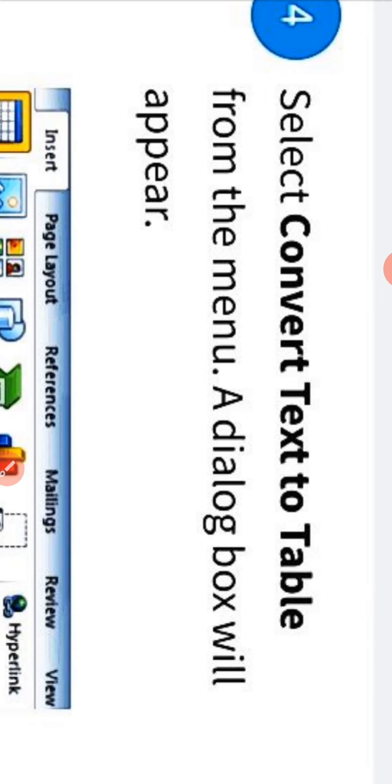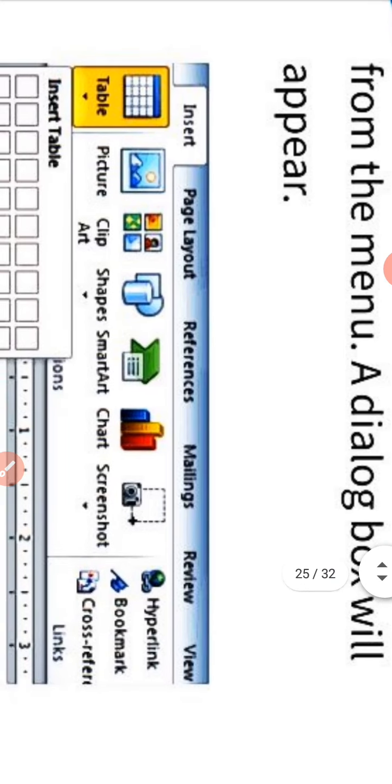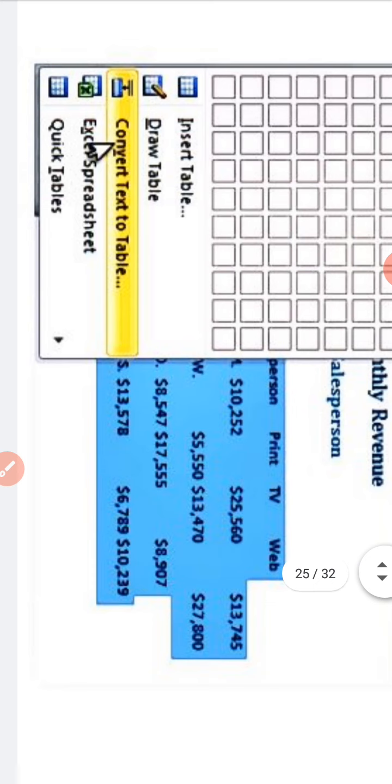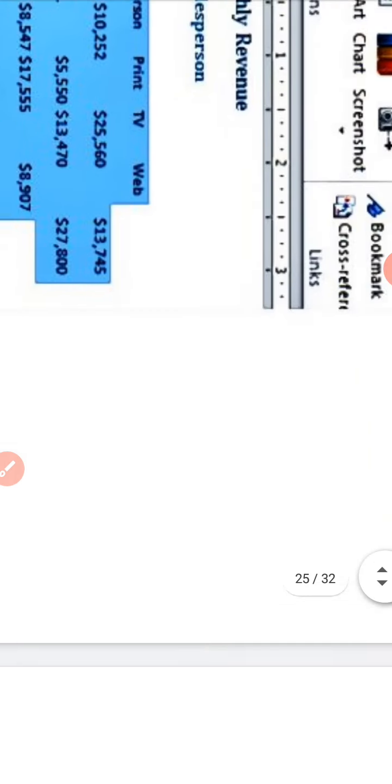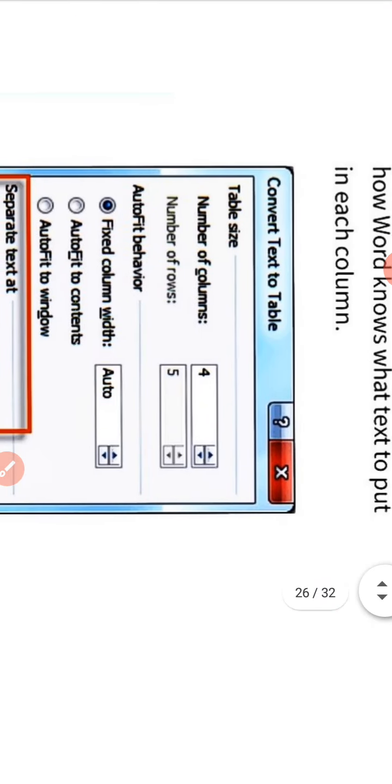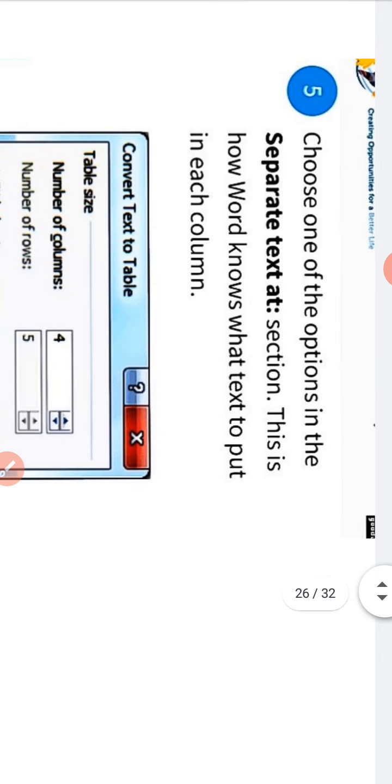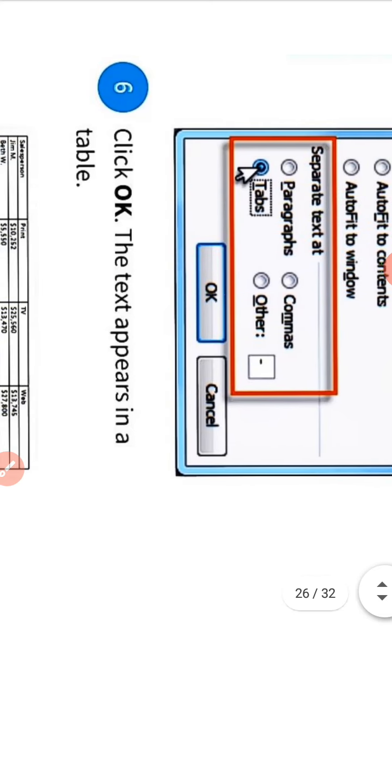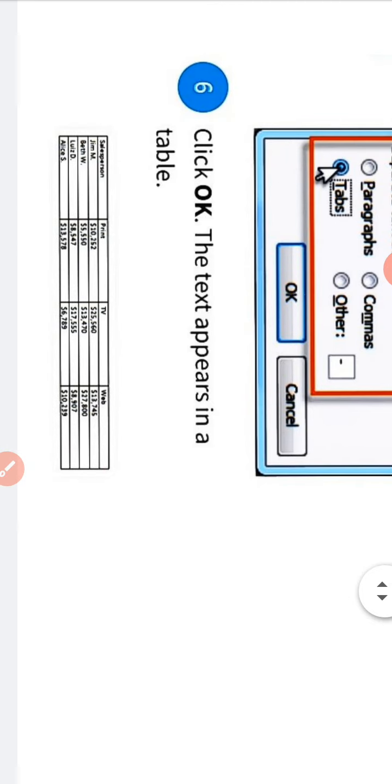Step 4. Select convert text to table from the menu. A dialog box will appear. Step 5. Choose one of the options in the separate text at section. This is how Word knows what text to put in each column. Step 6. Click OK. The text appears in a table.